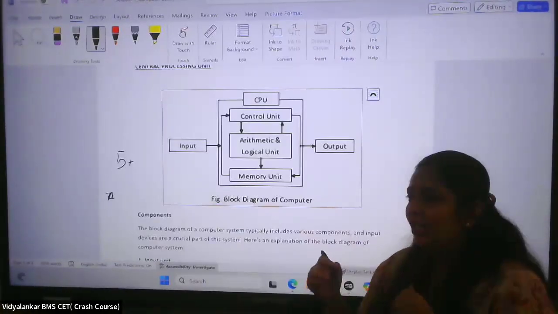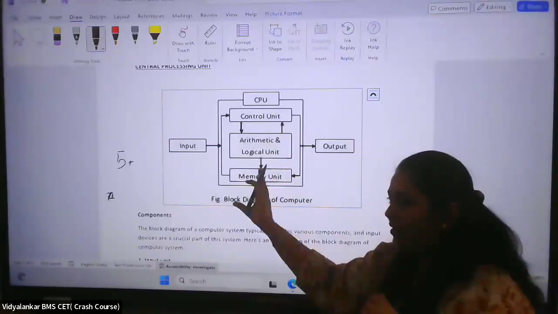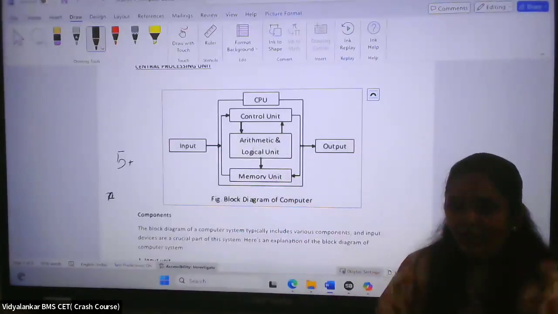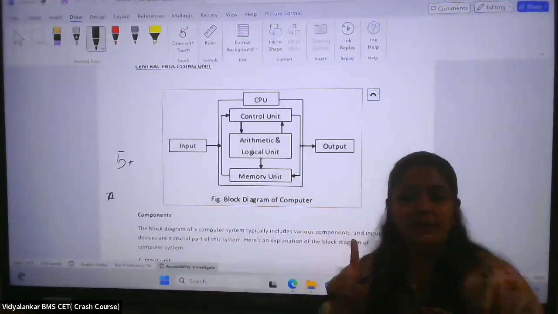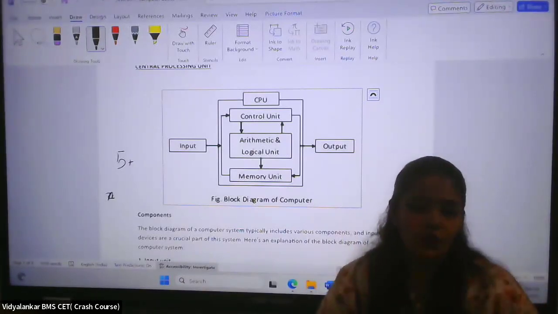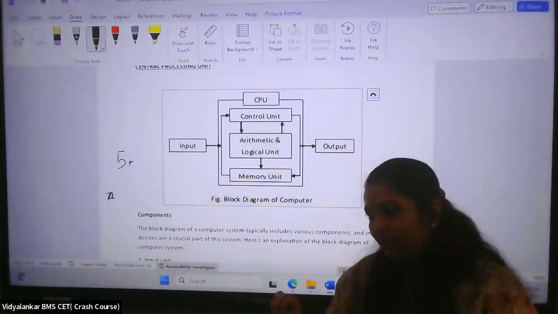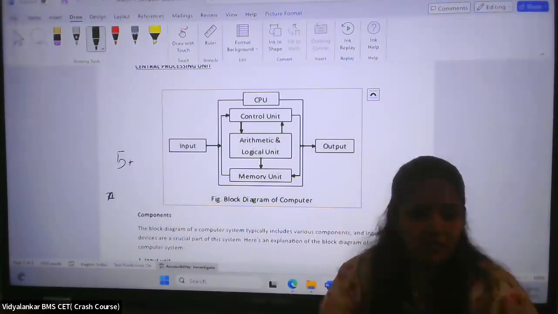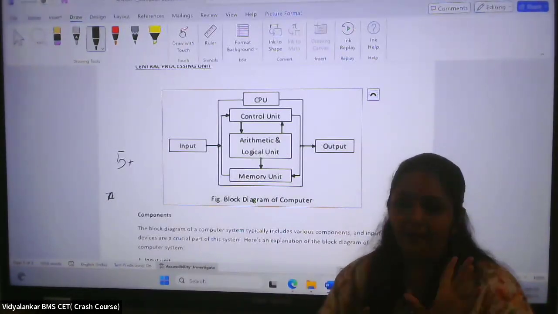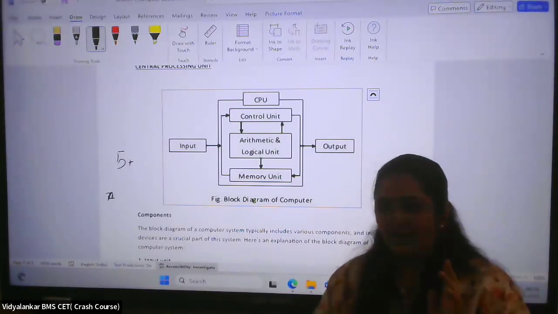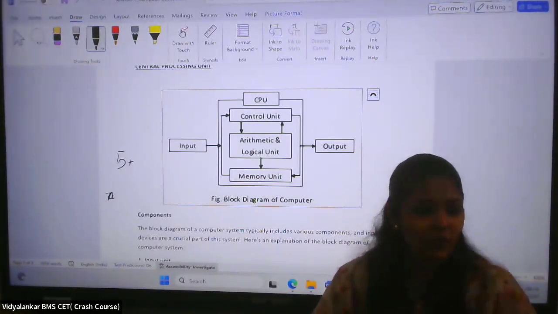Okay, now I'll take you to the last, at least in this, the last block, that is memory. Now I'll tell you the difference in primary and secondary. So your memory is basically of two types: primary memory, secondary memory. Now I'll come to primary first. Primary में आता है आपका RAM, जो आपको पता रहेगा. And have you heard about ROM? सुना है कभी?